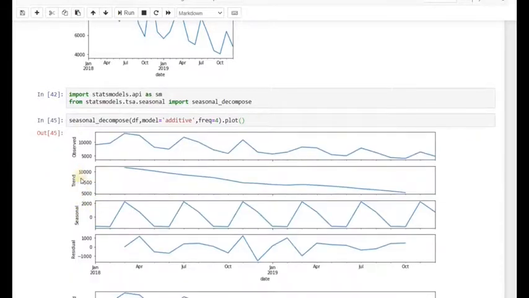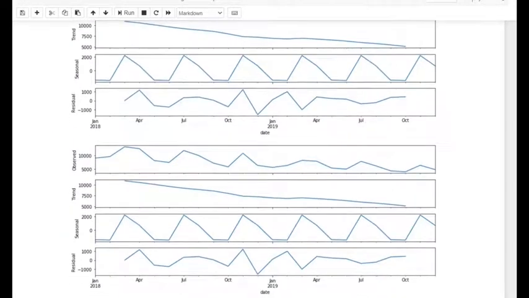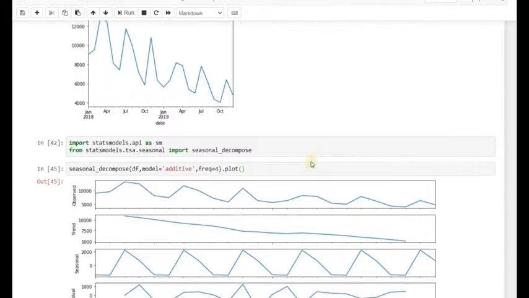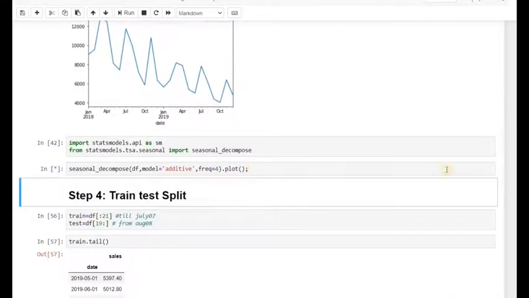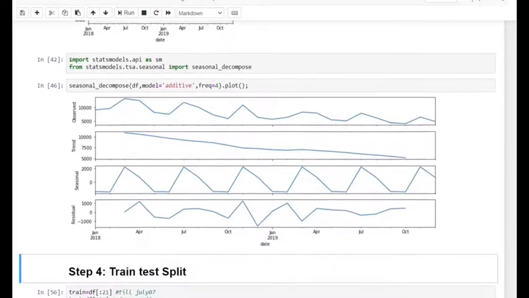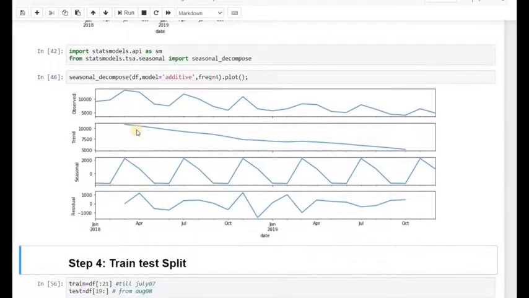It has decomposed our original series into trend and seasonality. We can see that we have a strong seasonality and a downward trend, and it looks quite like a straight line, so we can say that it's an additive model, but we have some strong quarterly seasonality to it. Sometimes this plot comes twice, and we can mention a semicolon here, and that would prevent it from coming twice. Okay, so now we know that we have a linear trend and a strong quarterly seasonality.